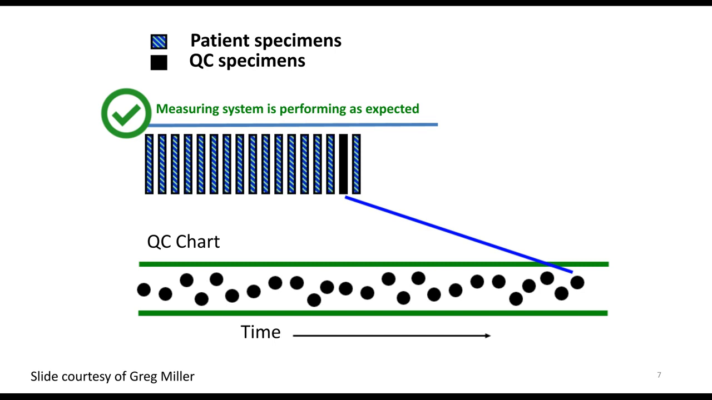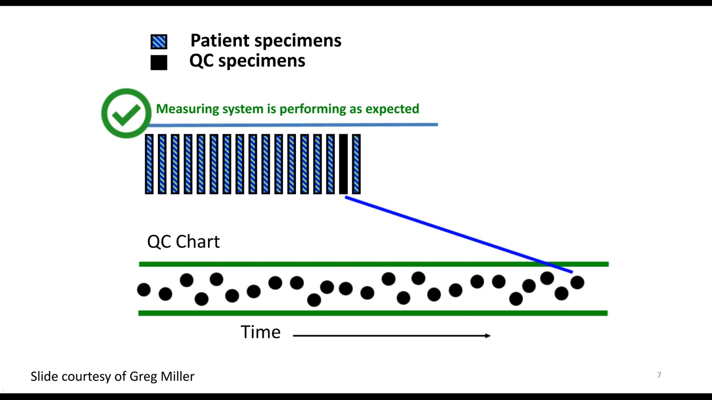The SDIs are calculated from the observed values along with the QC target means and target SDs. The QC target means and SDs are established during initial method validation and refined as a result of ongoing performance monitoring. In this slide, patient samples are represented by the blue striped rectangles, and the QC material is indicated by